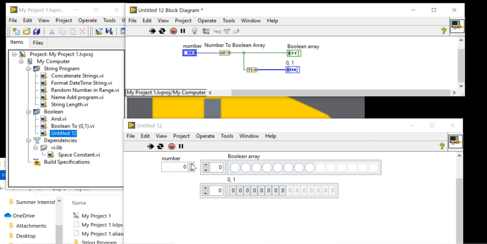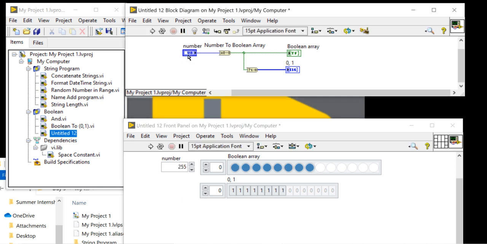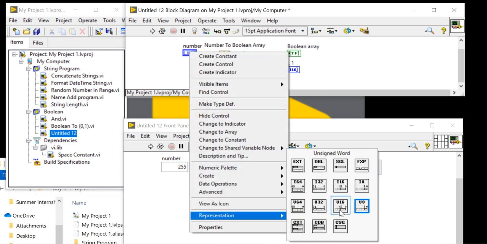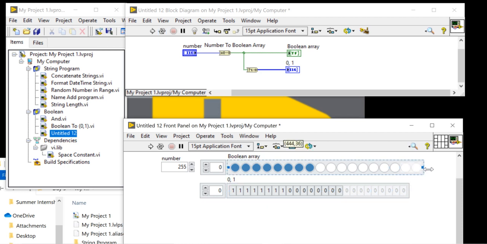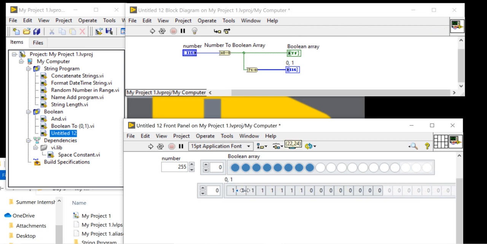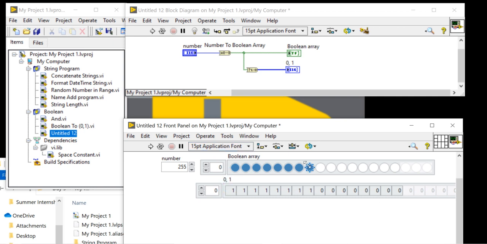For the 255, if I take 16 bit, the output will be on the basis of 16 bit. 16 bit is not so easy to control when you are trying to learn something. That's why I am taking the lowest version, I8.